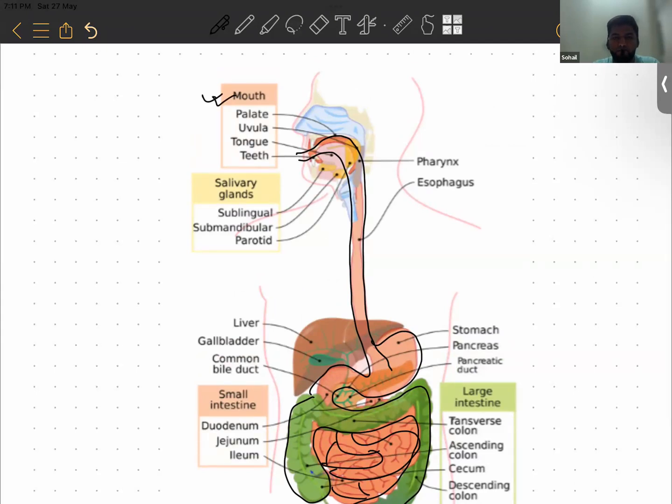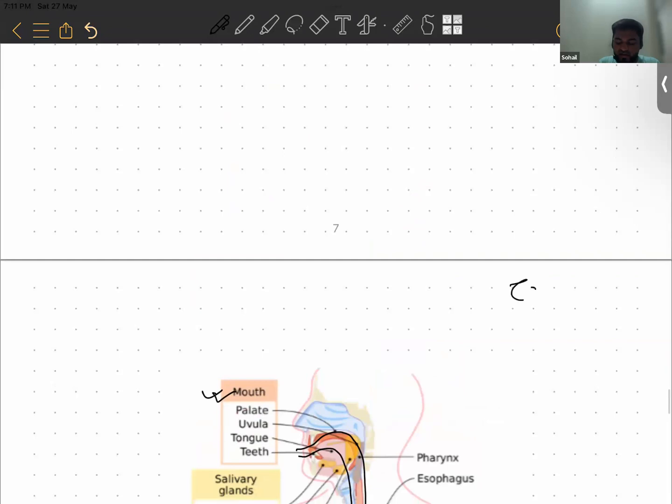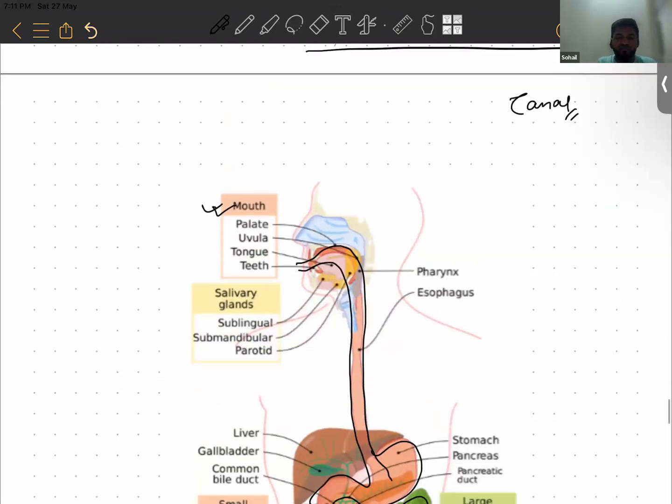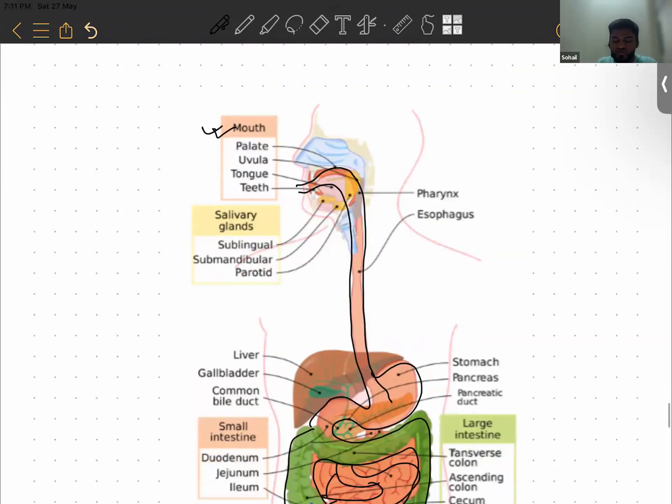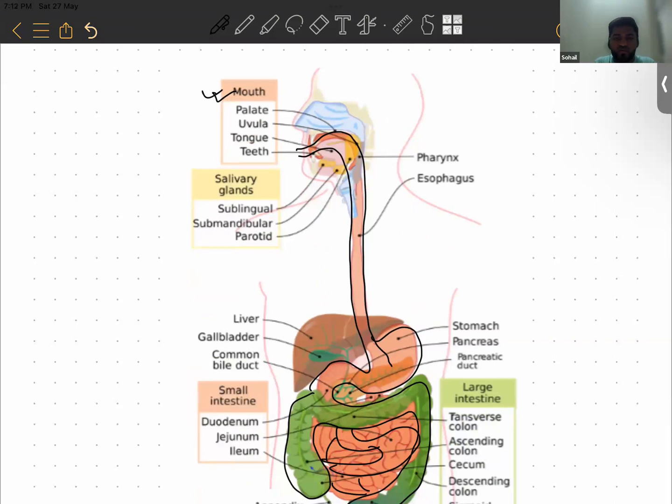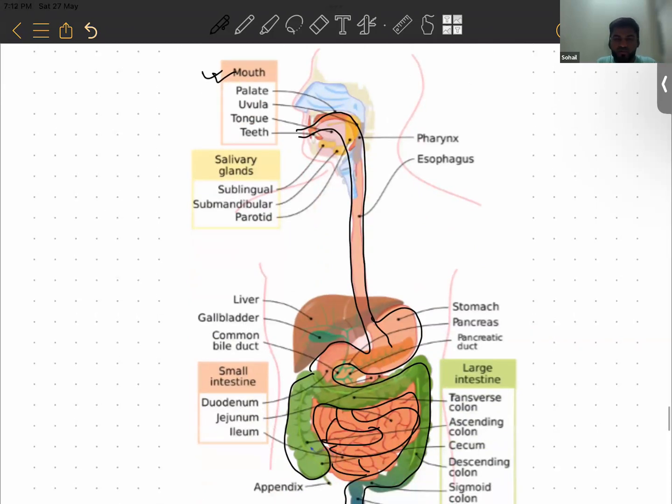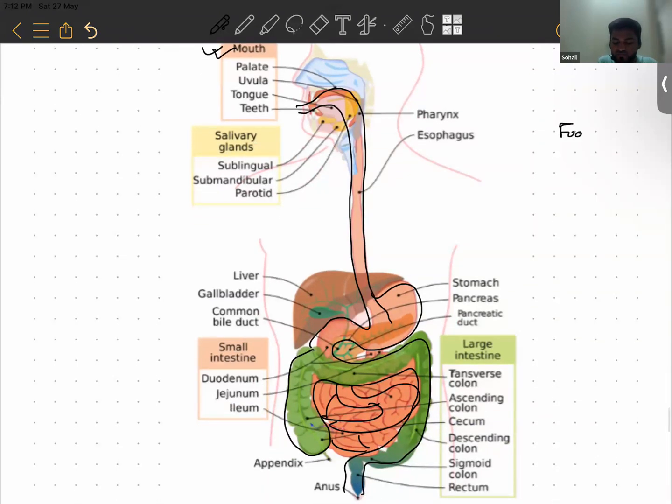No, glands are not part of the alimentary canal. Always remember this, the word itself defines that it is a canal, a tube-like structure. So there has to be a passage, so glands are not going to be part of it. Yes, esophagus, that is the food pipe. Very good. Food pipe, and then the stomach,